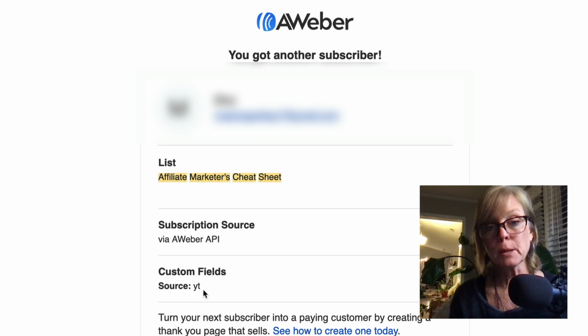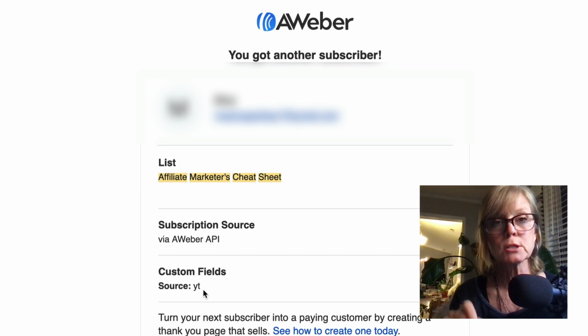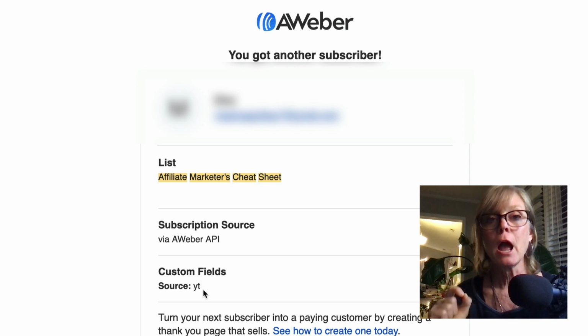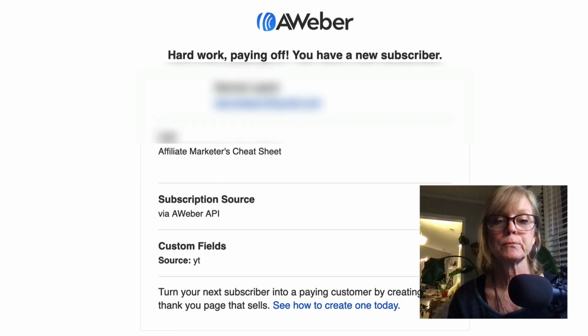It also shows up like this inside of my autoresponder. I use Aweber as my autoresponder. So this source code is also going to show up with the name of the lead inside of my autoresponder. And this is important as well, because this makes it super easy when I get a sale to go into my autoresponder and see where that lead came from. All right. So this source is just going to show you some of the different places that my leads are coming from. This one came from YouTube,